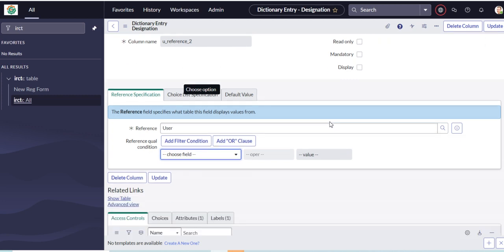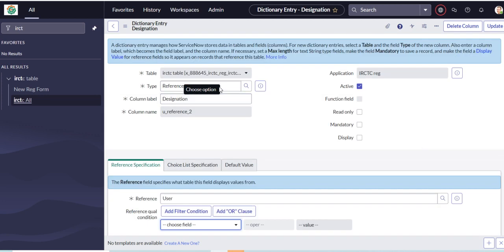Okay, reference and user table is there. Actually that does not belong to, maybe select lookup box, not reference. Lookup. Okay,